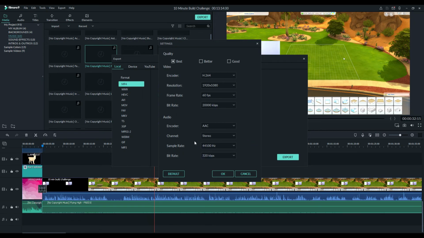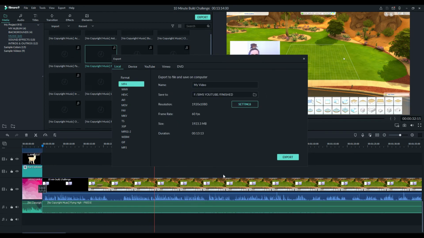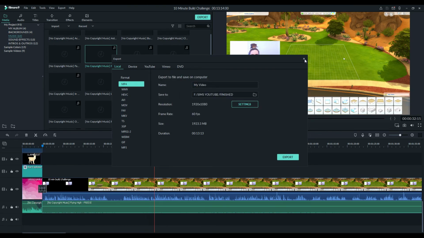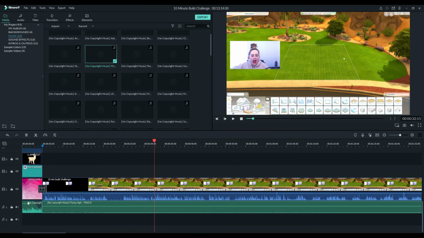You're going to have to check your own microphone and make sure that that is the same stereo. Everything stays like that. That is best quality settings. You're going to hit OK, and it will change your file size. That's still a very small file size, and you're going to hit export. So when you hit export, it's going to show you how much time is remaining. Sometimes it'll go fast, other times it won't. I'm going to cancel it because I do have a little bit more fine tuning behind the scenes to do